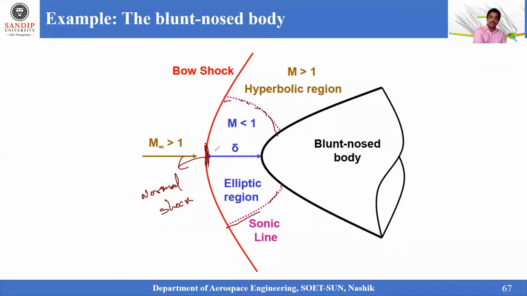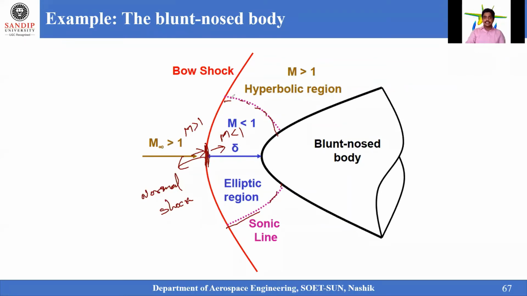We know that when the flow passes immediately after the normal shock, whatever the Mach number it was, it has to come down to less than 1. So after crossing the normal shock wave, the flow Mach number should reach the subsonic range. So in this region, the flow has become subsonic, as you can see where I'm noting on the screen.